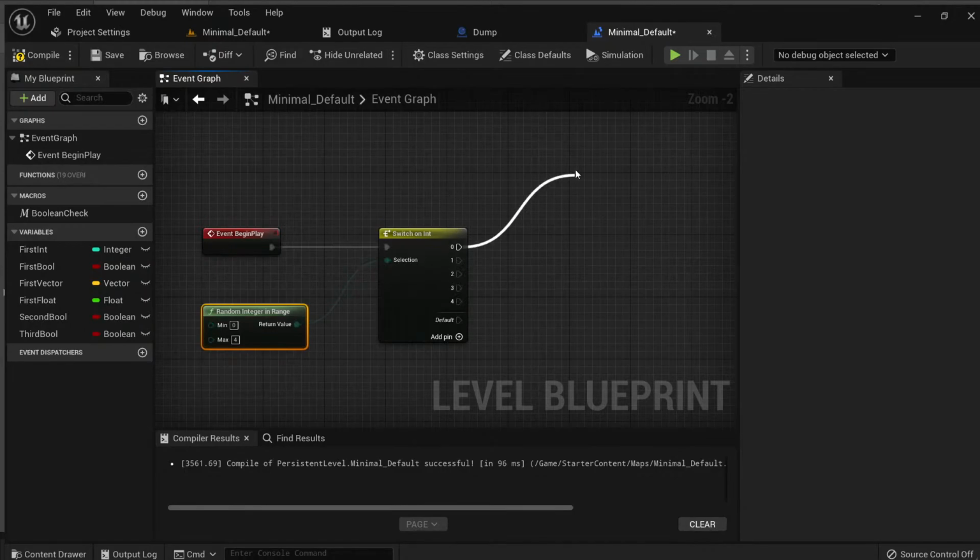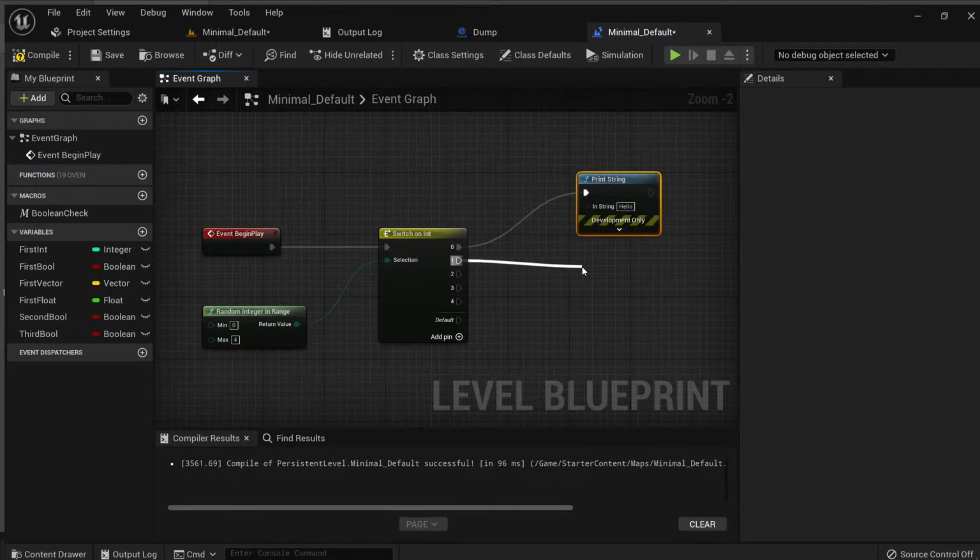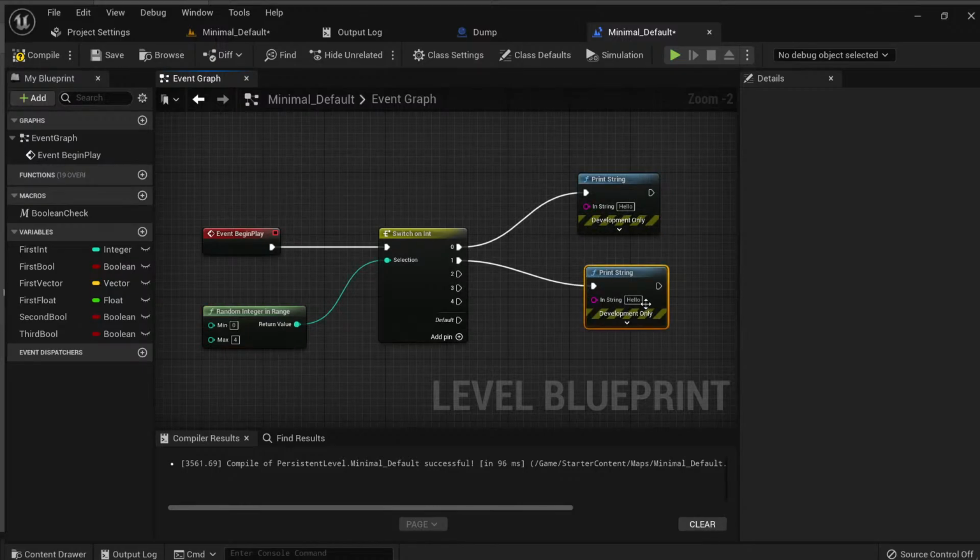So let's say print string hello, print string bye,